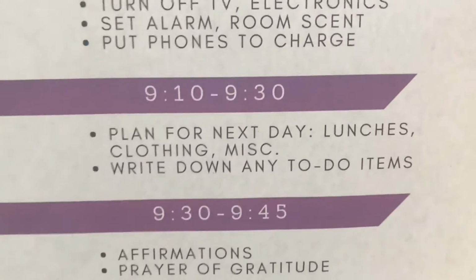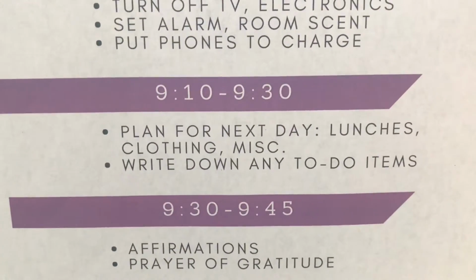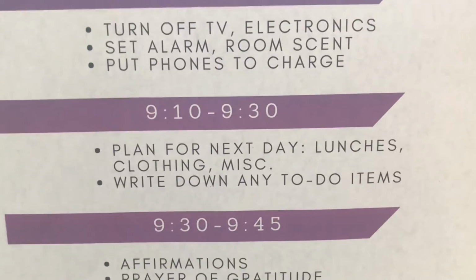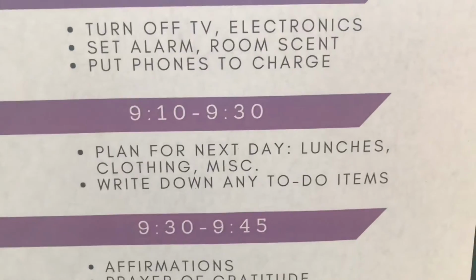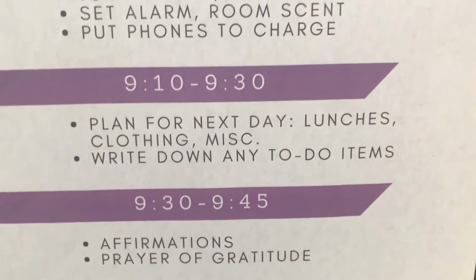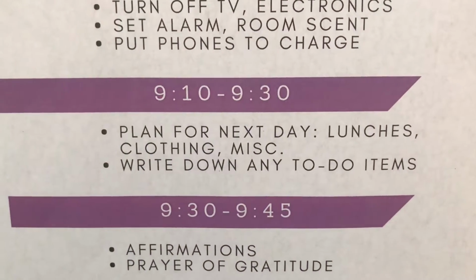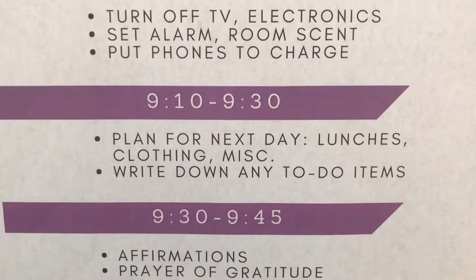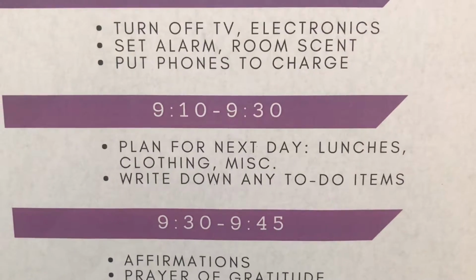Now, the second section is more planning things. So that's when we'll head over to the kitchen and start packing our lunches for the next day. If I'm working late, if Bree has some obligations after work, then we'll pack our dinners too. We'll make sure our clothes are laid out for the next day. Anything that is special for the day to come. So maybe we're leading a group, so there's certain books we have to get ready, or so on. This is just anything that's on our minds, we start knocking it out in this 15 to 20 minute